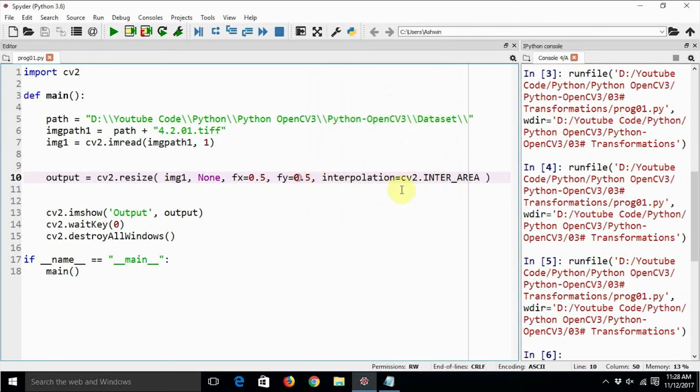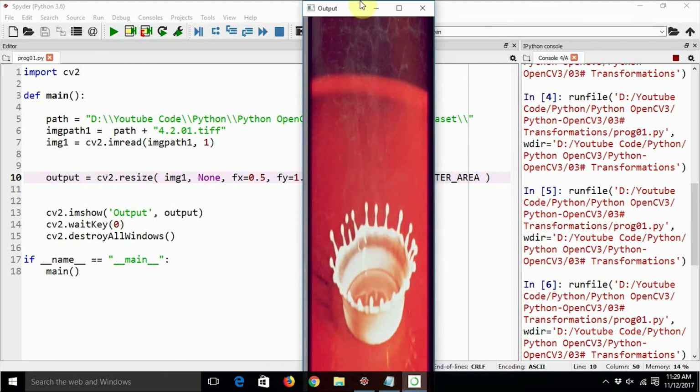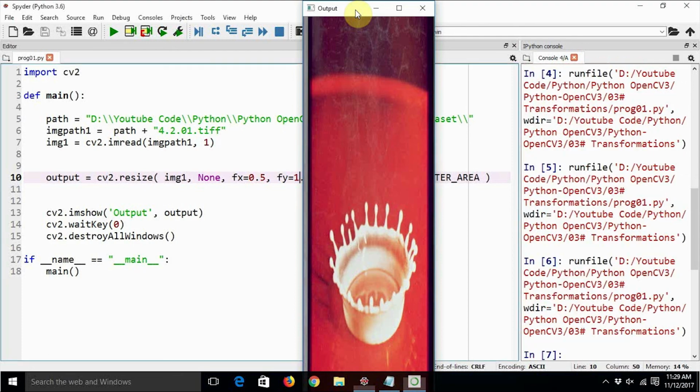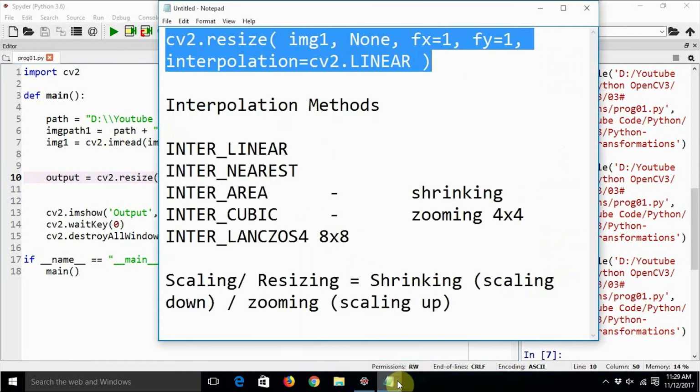We can also employ a trick where we shrink the image in the x dimension and then stretch the image in the y dimension. Let's see how it looks. The image will look unusually tall, or long. Yes, this is how the image looks once you shrink it in the x dimension and then stretch it in the y dimension. So this is all about scaling or resizing operations in OpenCV and Python 3.